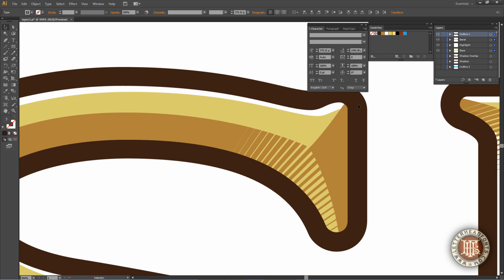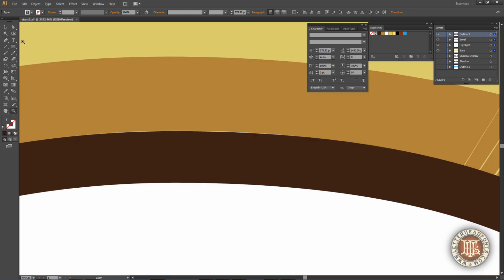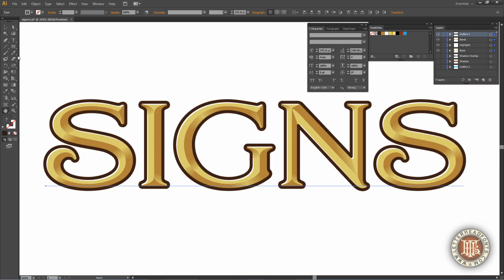Notice that even with the crisp setting, there is still a minor gap. This gap is really only visible when magnified, but if it bothers you, you can change the anti-alias setting to strong, and that will hide the gap. Beware though when using strong as the setting. It actually makes the letters appear bolder than they really are. For this reason, I prefer crisp.